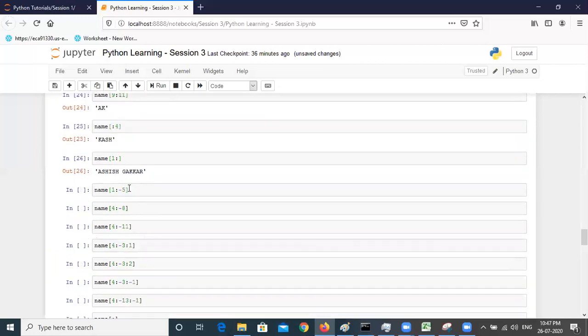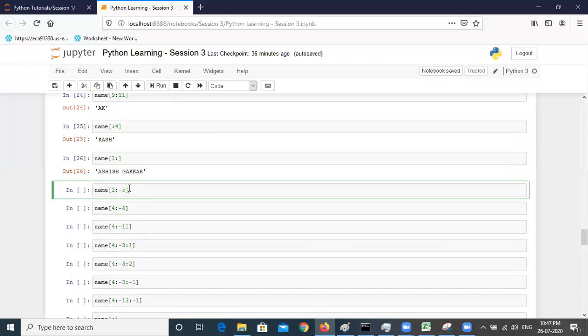So 1 colon minus 5. Now you have to think about it. Just tell me the locations up to which it will print. Maybe you can write it on your copy with a pen and type it here.